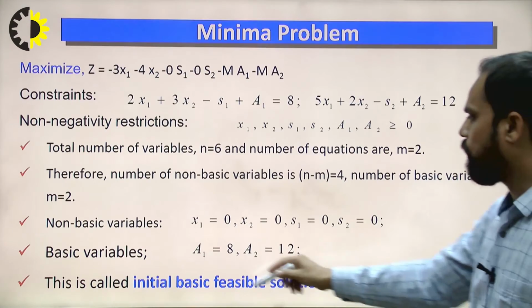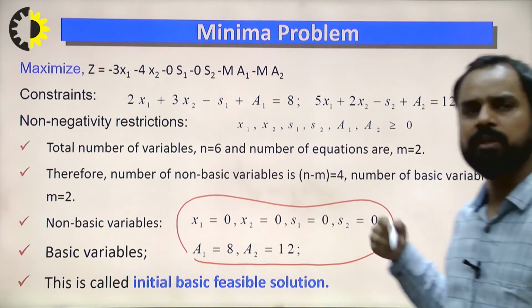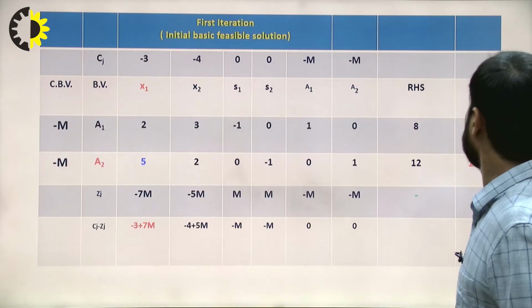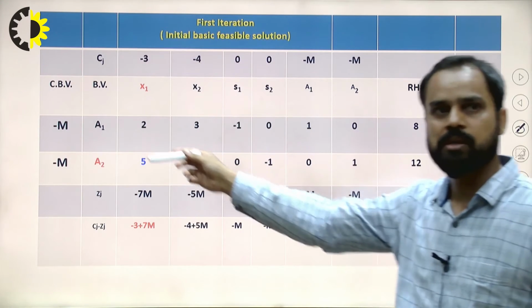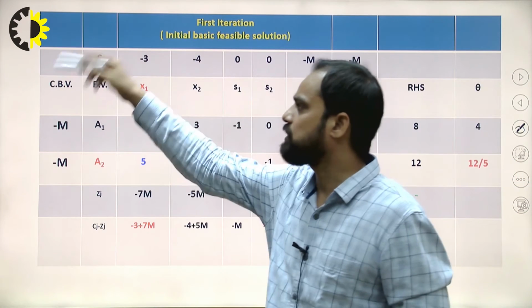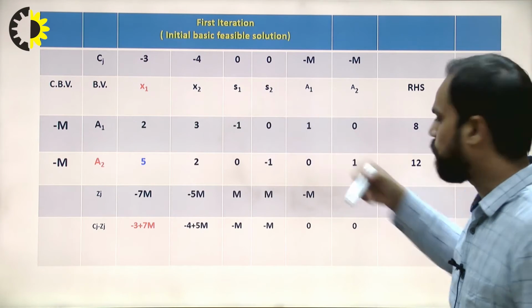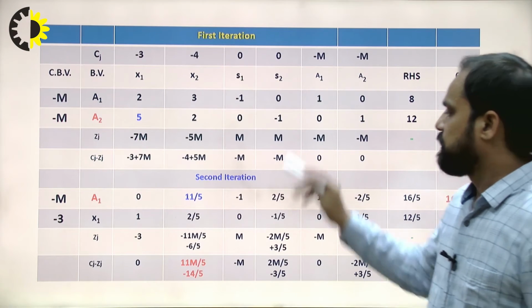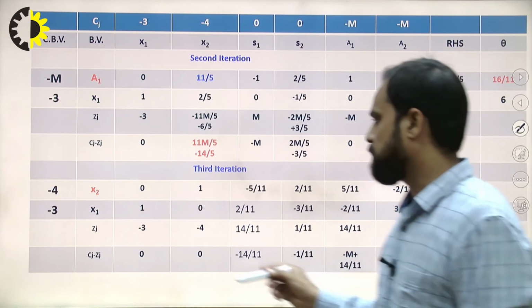We have converted it already. That is the initial basic solution we have seen. I have already mentioned this, and this is the initial basic feasible solution table. I have written it so many times and discussed how to write it, so I am not going to discuss it again and again. You know everyone. And these are the iterations. After going iteration by iteration, we get the final solution, and this is the final solution.